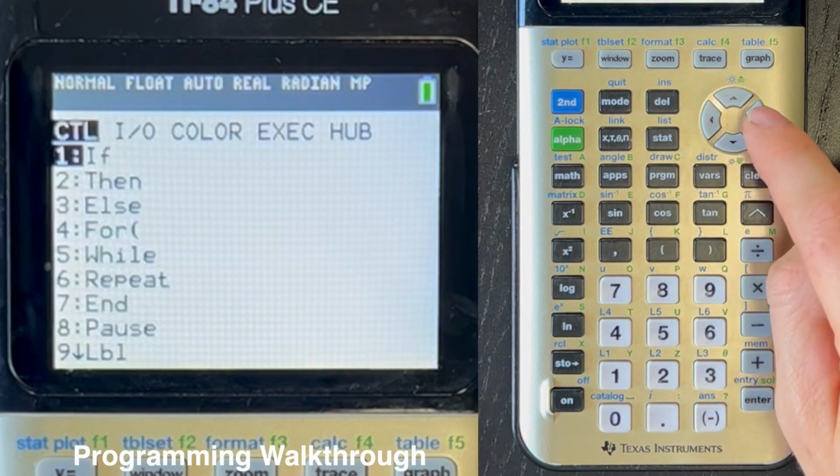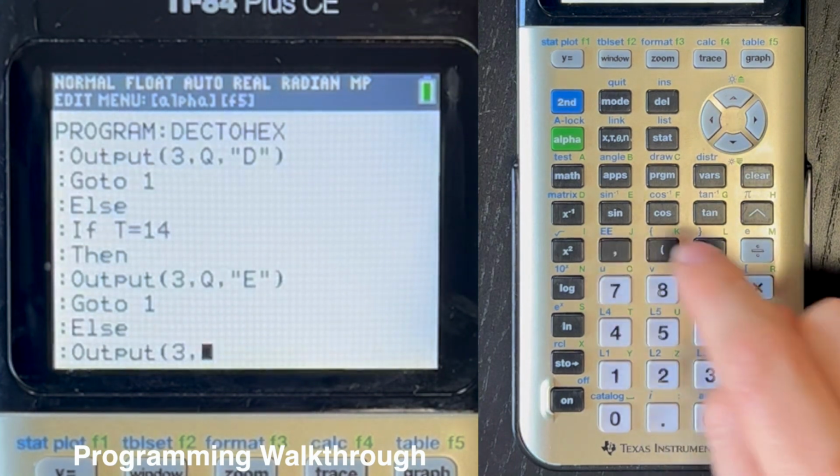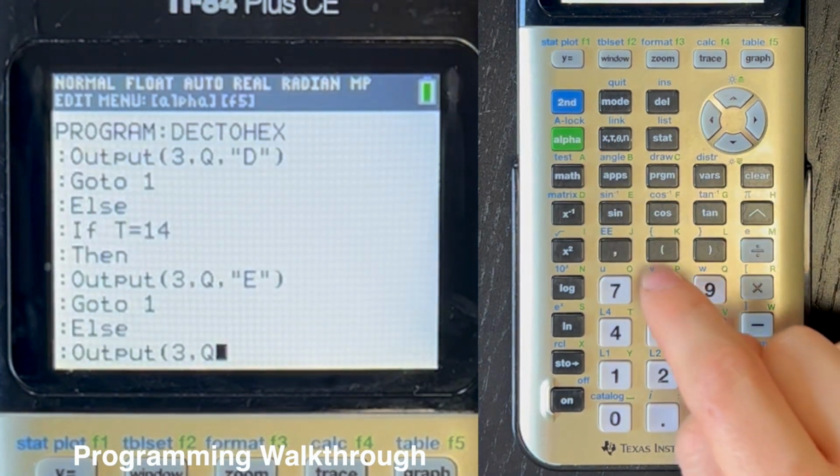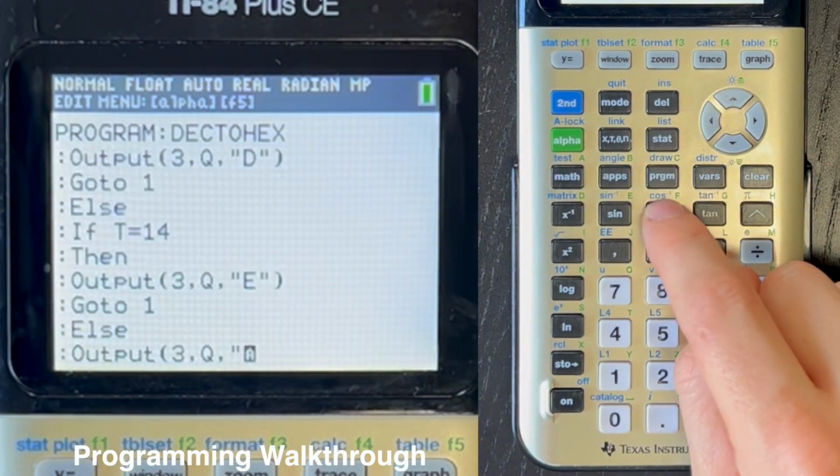Now this is slightly different. Go straight to the Output(3, comma, Q, comma, F,